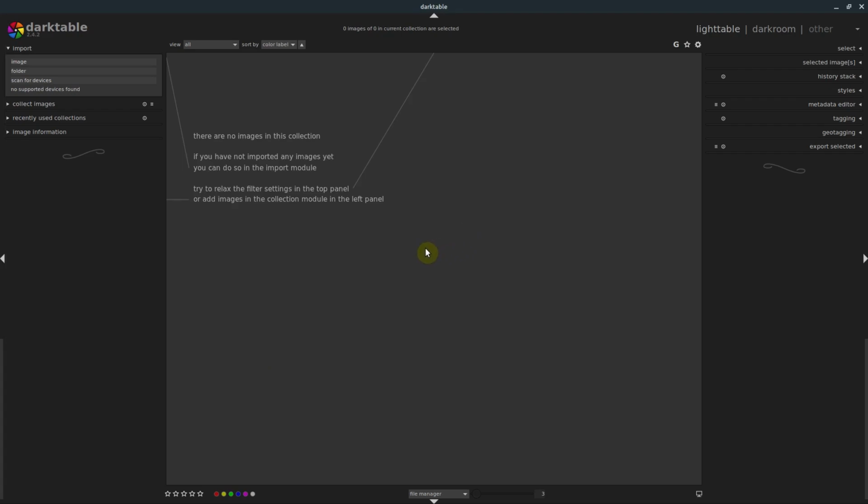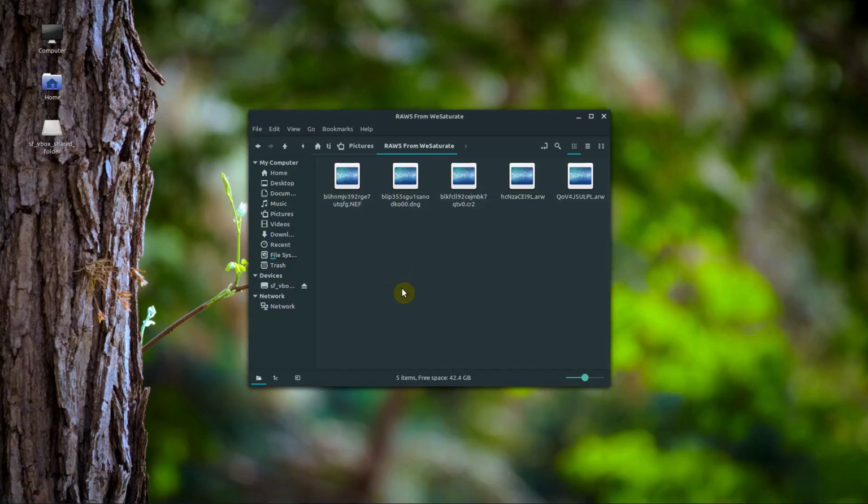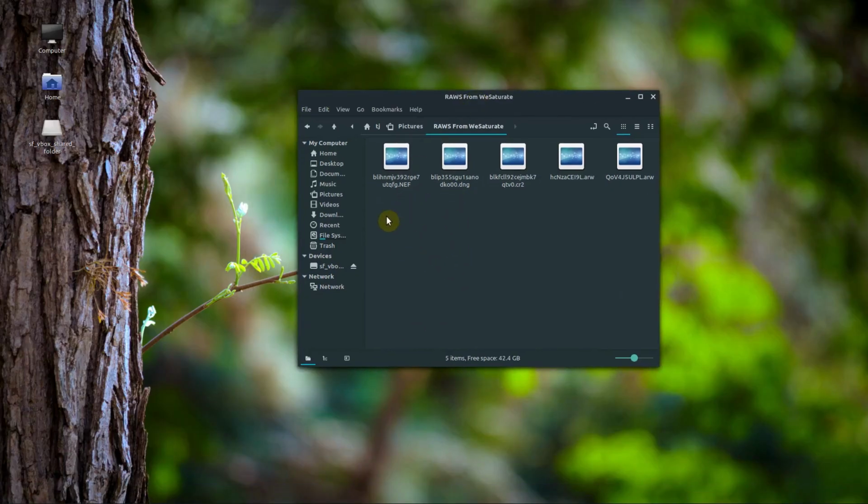In this video, we're going to be learning about how to use some of the more common modules in Darktable for applying effects and edits to raw images. This will also work for images that are not raw images. If you don't have some, I've downloaded a couple different ones here, and I got them from